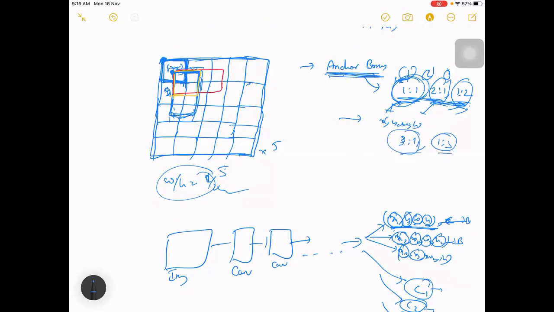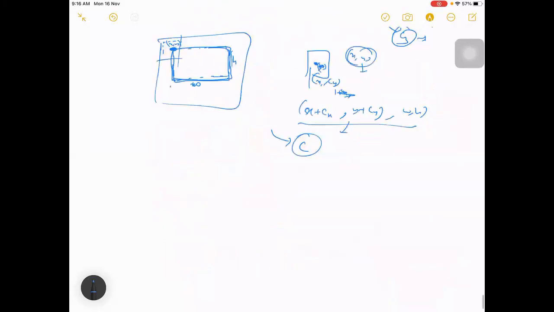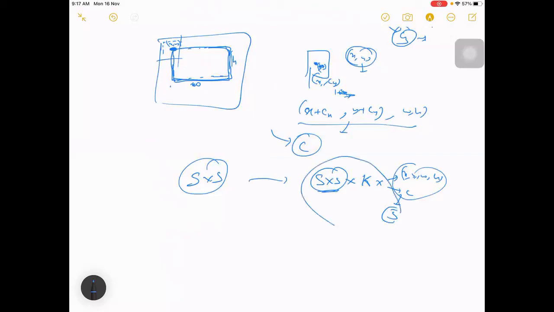Taking 5 anchors, you'll have 5 boxes. So if your grid size is S by S, you'll have S by S grids, and for each grid you will have boxes equal to the number of anchors. Let's say the number of anchors is 5, and for each you have x, y, w, h as well as C. So you will get these many outputs from your model.